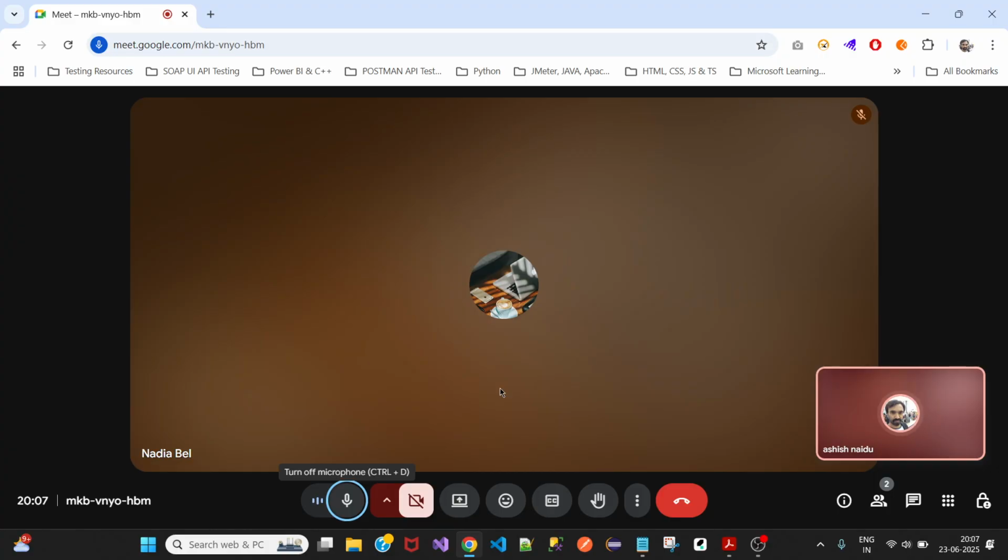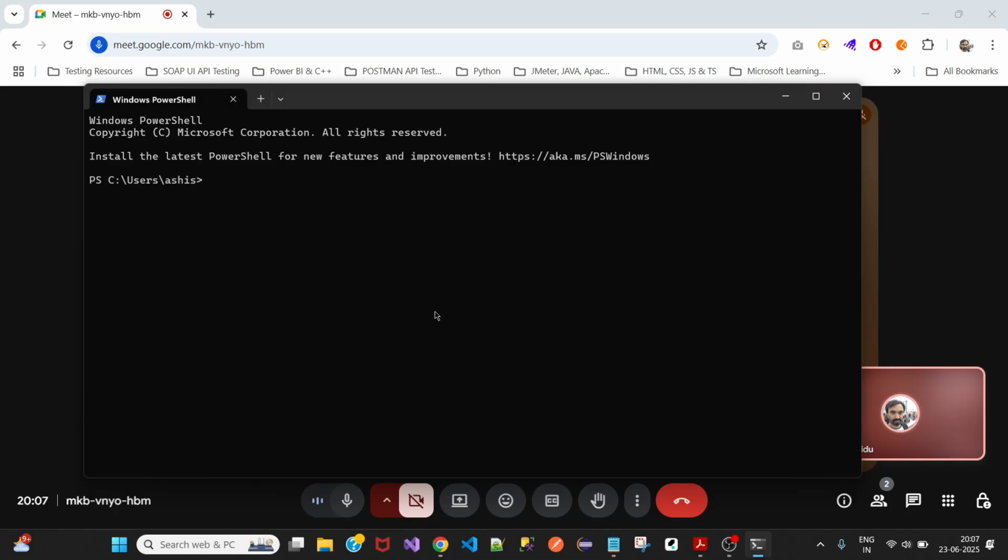So first, before going and working on the IDE, we need to check a couple of things on our system. Is it installed or not? For that I will be opening command prompt. Okay, once I open command prompt,